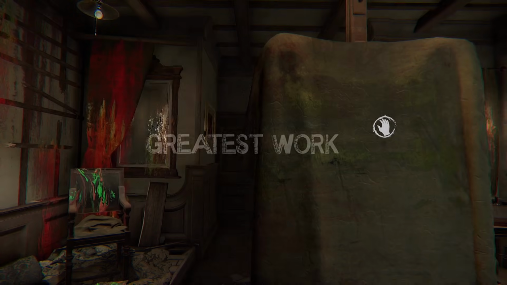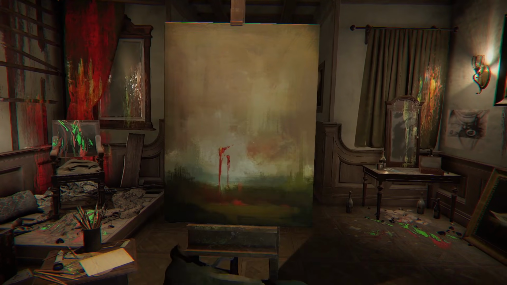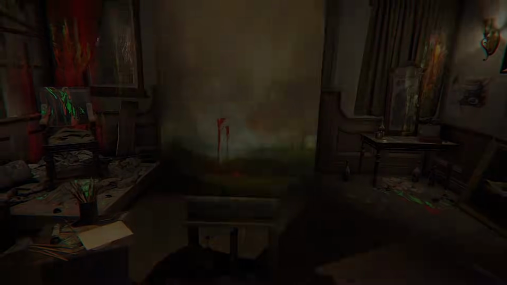Magnum opus is Latin for greatest work. It's essentially the greatest achievement of an artist or a painter. The basic and most brief synopsis of this game is that the painter collects 6 materials which are needed in order to create his greatest work. Now this is where it gets a little bit dark.